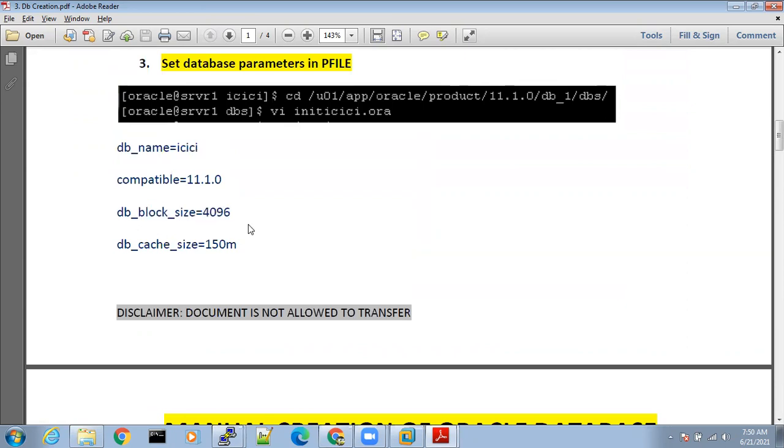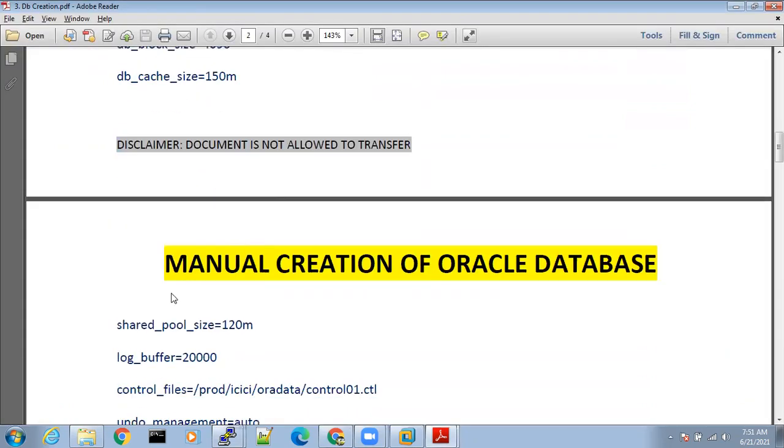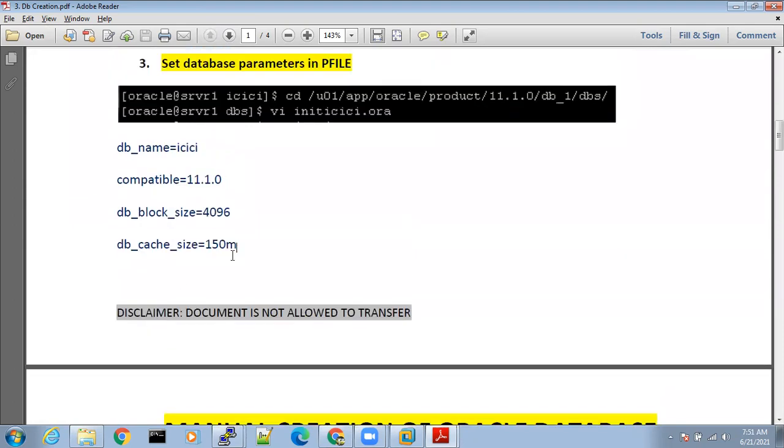When you type, you will be able to understand the commands and these parameters, which is very important. In future sessions, very clear clarity will be given on each and every parameter we type.